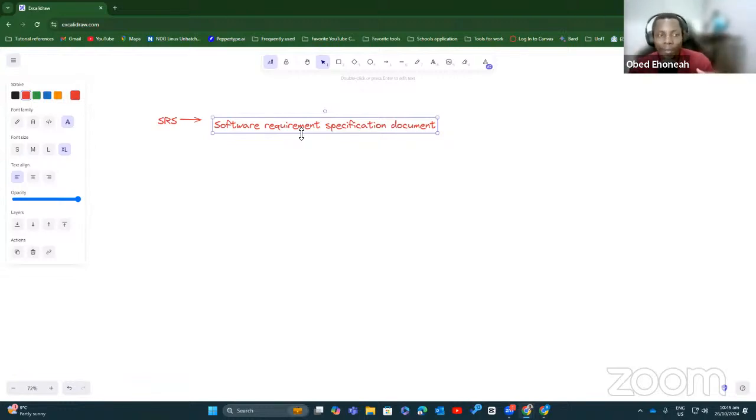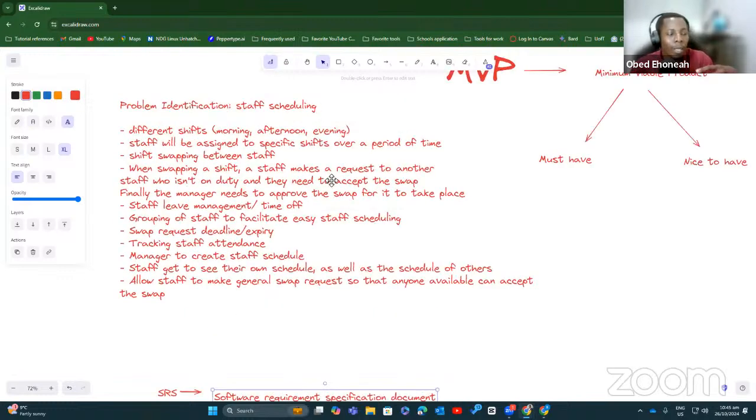What are the functional requirements? Most of these things that we are talking about are functional requirements, the various functions in the application. But then there should be non-functional requirements as well. So what are the non-functional requirements? For example, how user-friendly should this be? How scalable should it be? How do I optimize the performance?